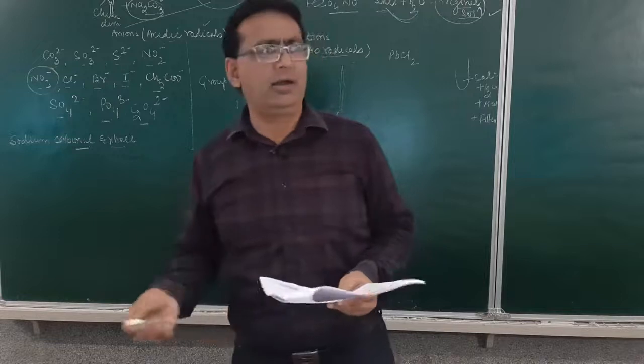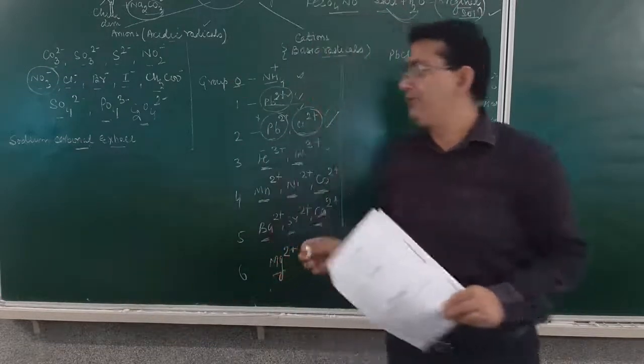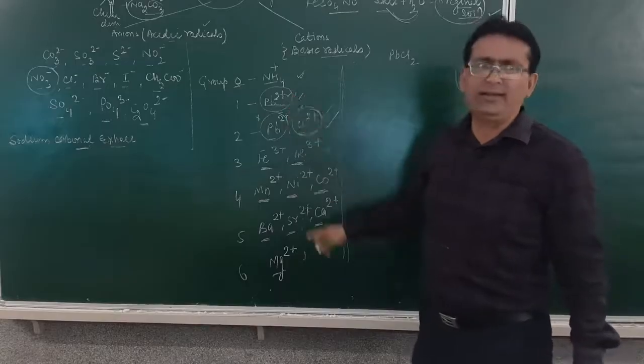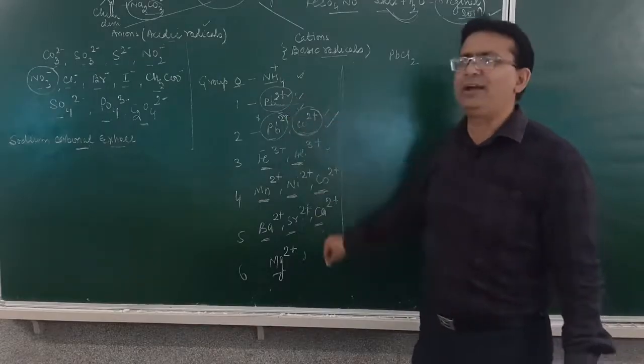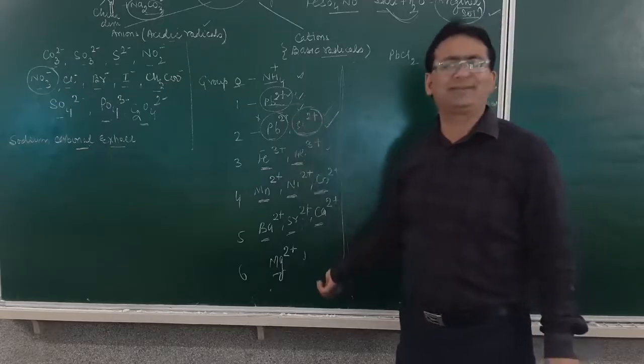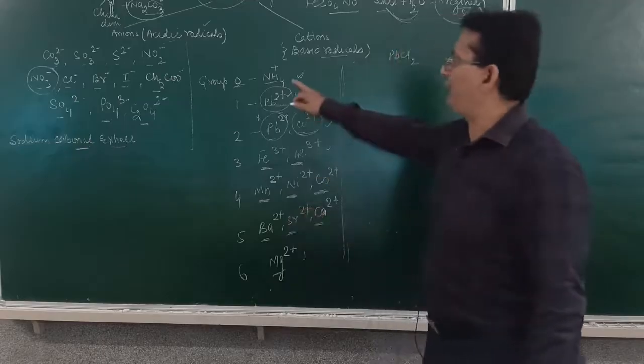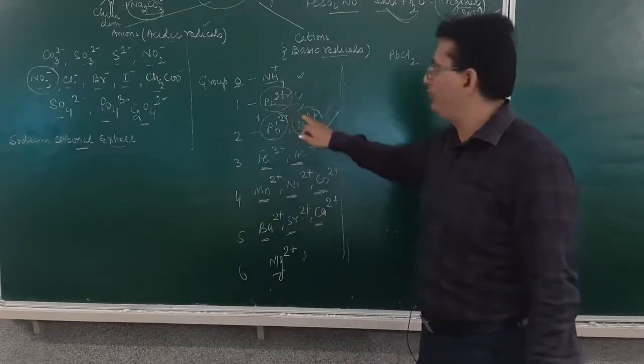Earlier, a year or 2 years back, we had 2 cations and 2 anions. Suppose the first is the lead ion and the second is the magnesium ion. Then you have to go for the entire process. Now here, suppose you obtain the lead ion. So why go further? The practical is done. Now if the 0 group is absent and the first group is absent, then you have to carry